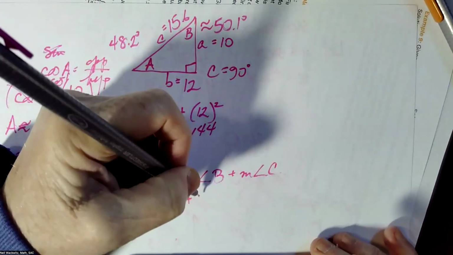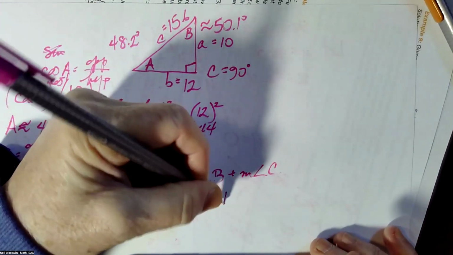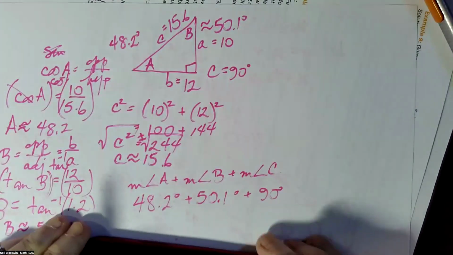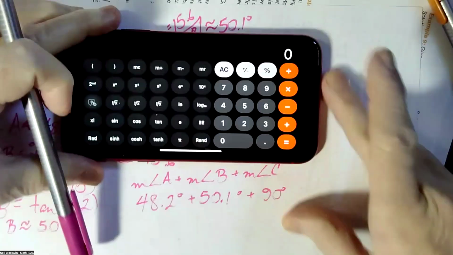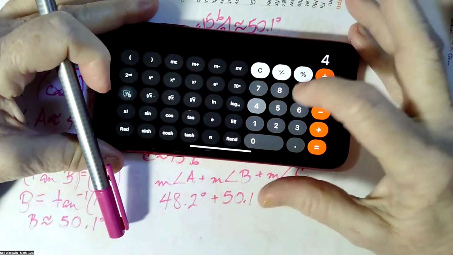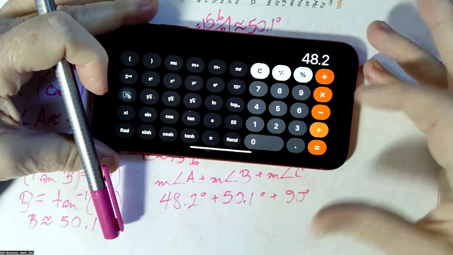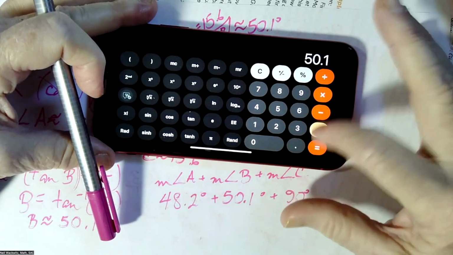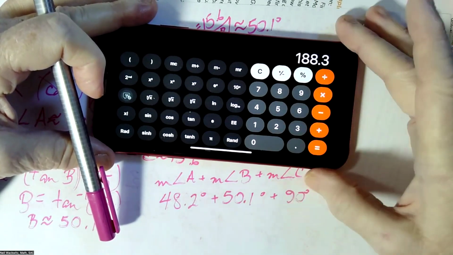Oh, it's close. 48.2 plus 50.1 plus 90, we get